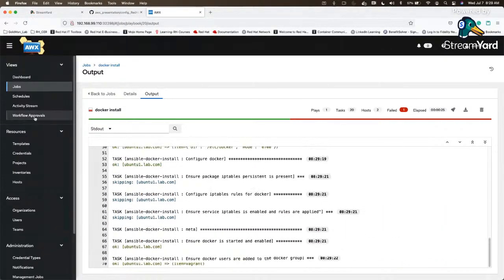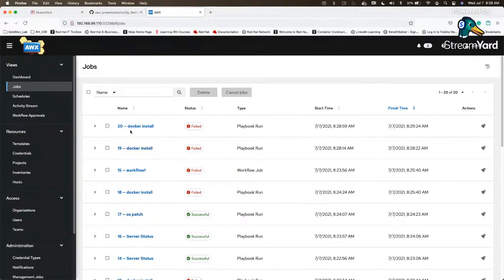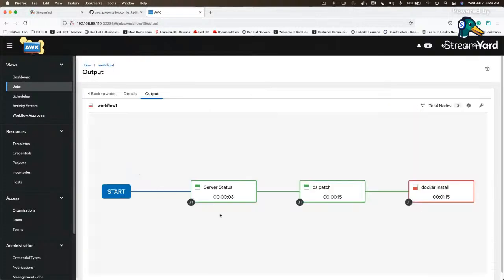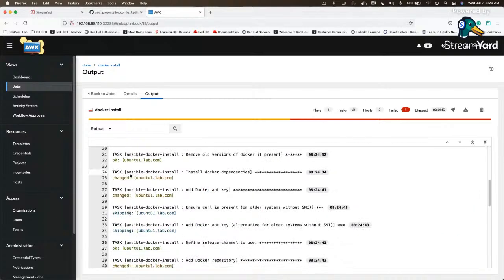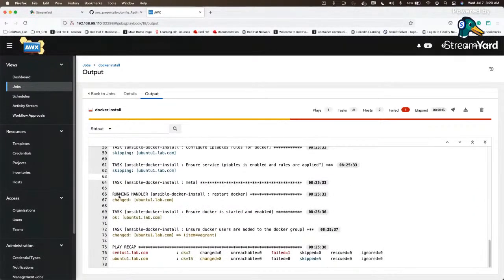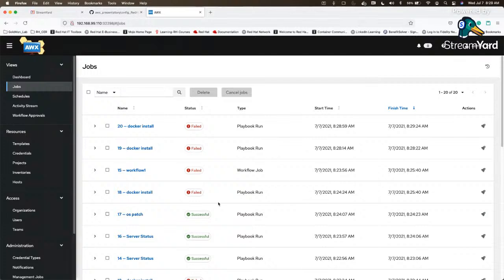Okay. But either way, one of the jobs has failed, but in the workflow, you can see all the successful ones are in green, and this one shows it failed because CentOS has some issues. But it installed on the Ubuntu server. So that's how you can use the workflow to execute one or more playbooks at a time,